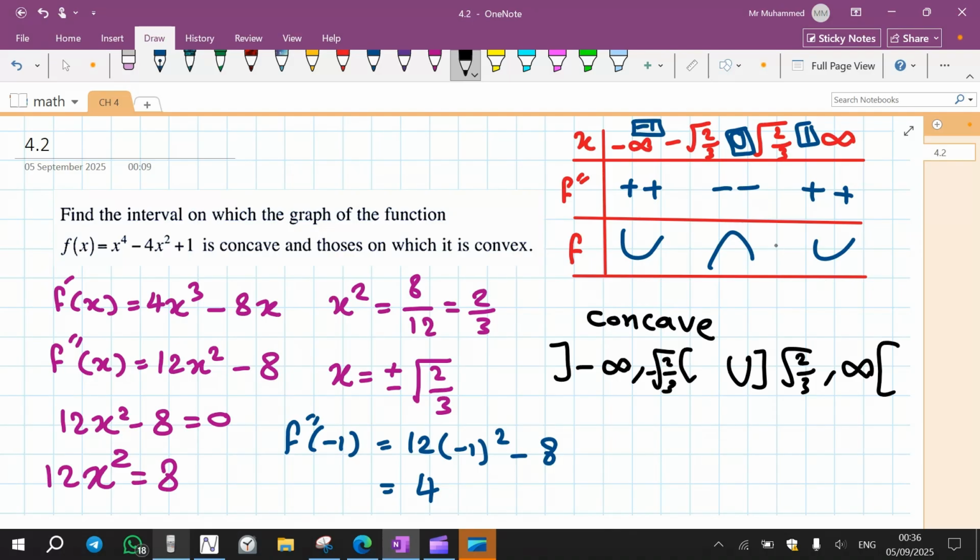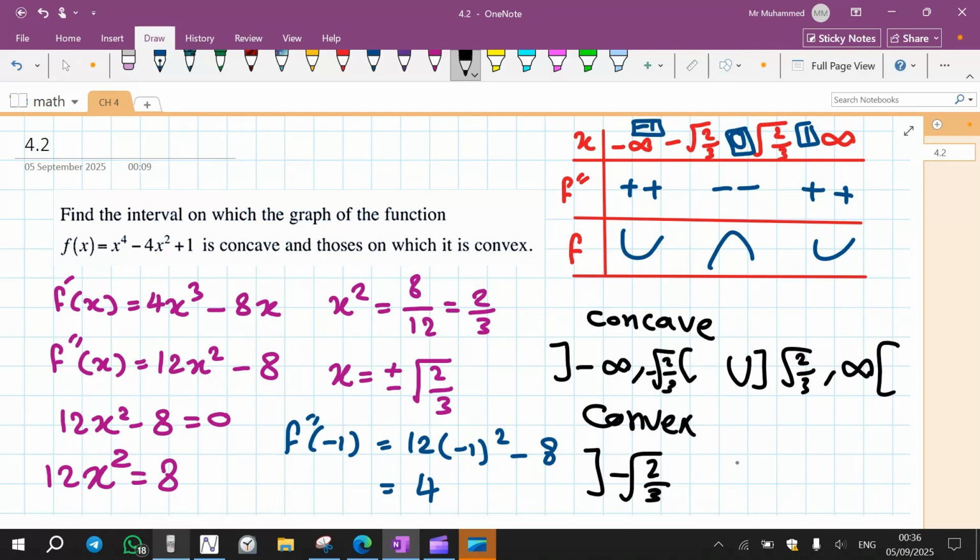This is why I always put the test numbers into squares so I don't write them by mistake in the intervals. Okay, these are intervals of concave, and for convex,